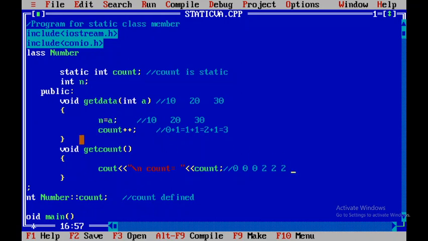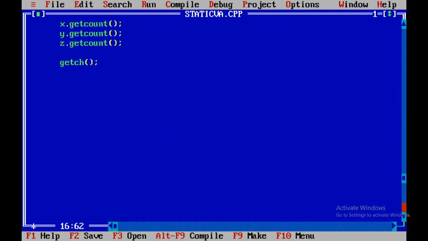When we execute x.getCount, the last value of count was 3, so 3 will get printed. When we call y.getCount, one more time value of count is printed, that is 3. When we call z.getCount, one more time value of count will get printed and it is 3. So output will be count equals to 3, count equals to 3 and count equals to 3 on your output screen.